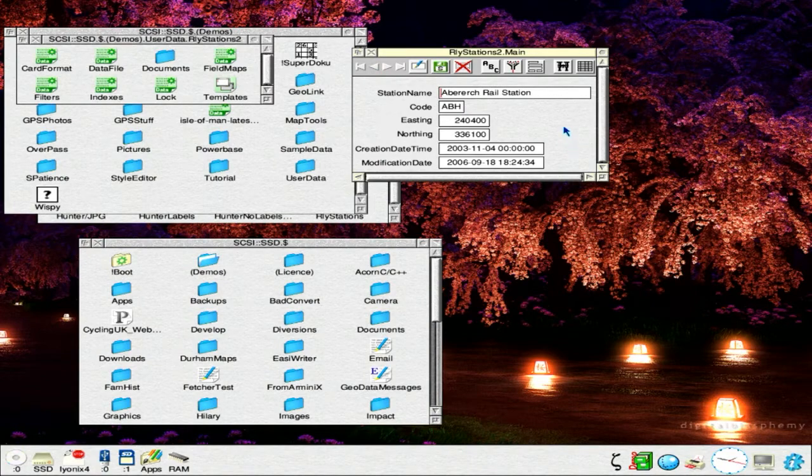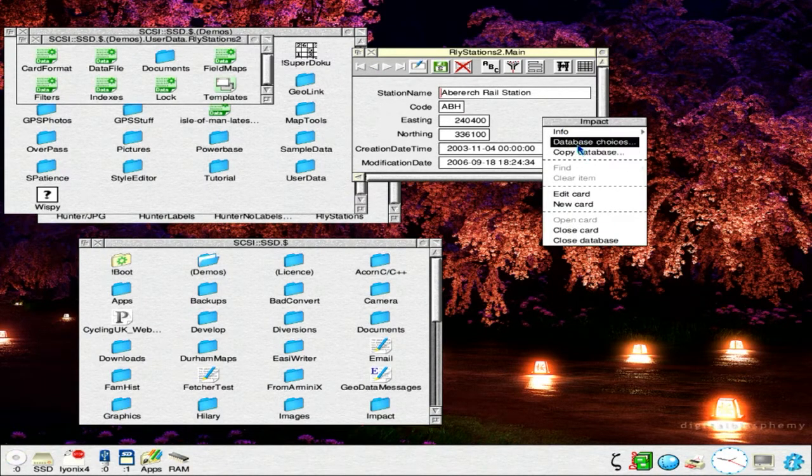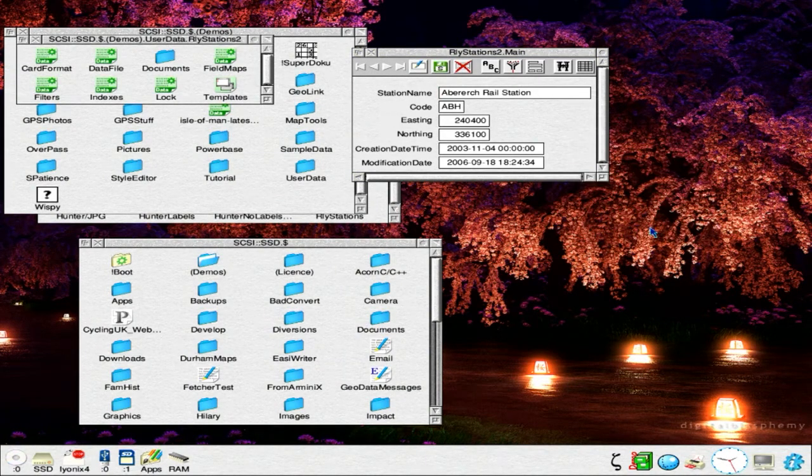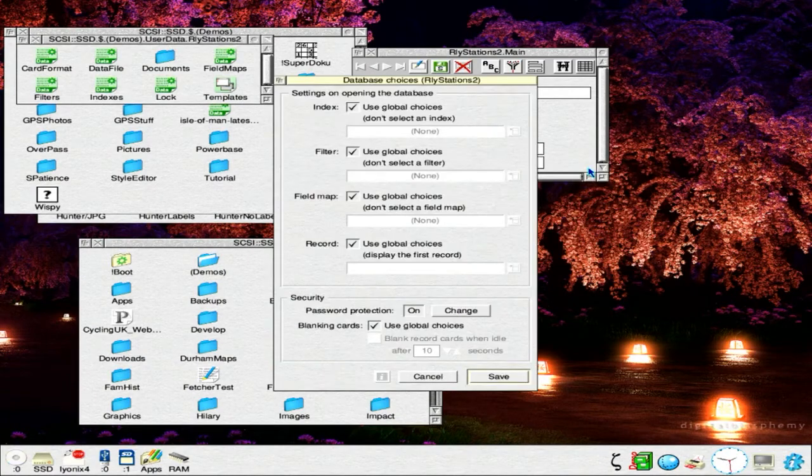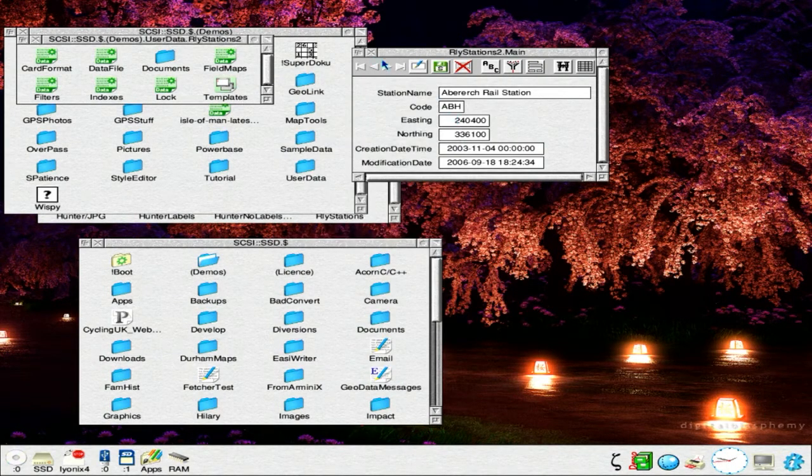Another nice feature we've added is, thinking about security of data when it's on screen, database choices. You can set a choice to blank record cards if the database isn't being used. That can be done globally or database by database. So I've just changed it here to say if the database isn't being used, then after 5 seconds, clear the